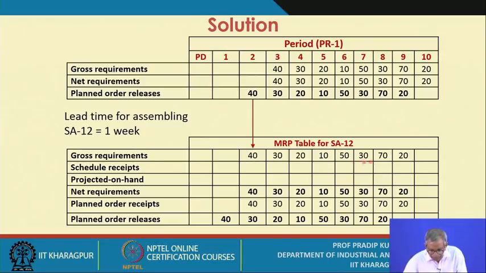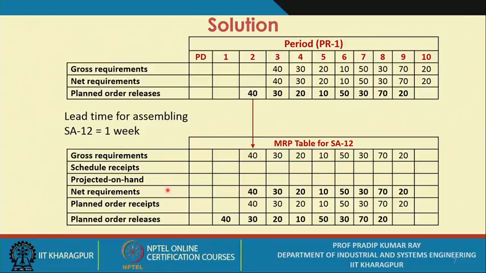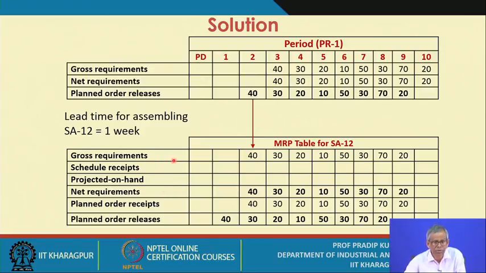So, you require these items, the gross requirements for sub assembly 12, and to produce 1 unit of the product, you require 1 unit of sub assembly 12. This information you get from the bill of material, the figure. Now, this is the gross material. So, when you create this MRP table for sub assembly 12, the gross requirements you can immediately calculate, the same 1 unit. Net requirements will be the same.